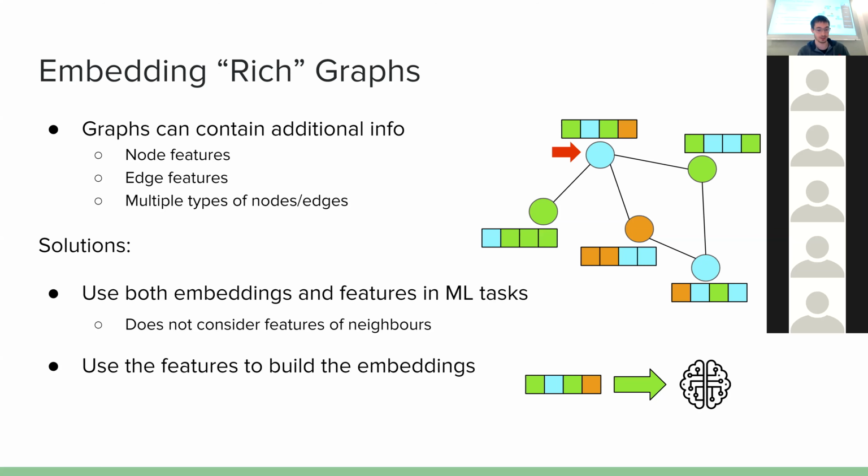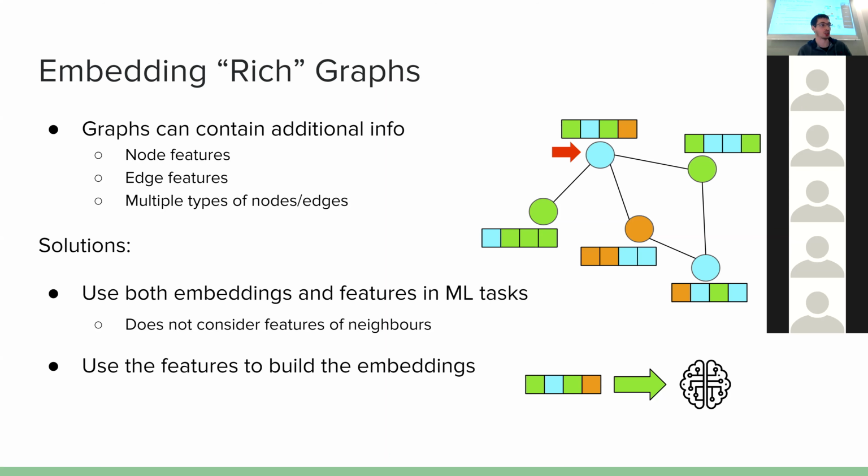The first very simple hack to also include the feature information was to simply append them, considering these topological embeddings as additional features of each node to be fed to the machine learning system. However, this has evolved in the literature to specialized systems that can combine these two while building the embedding. So instead of